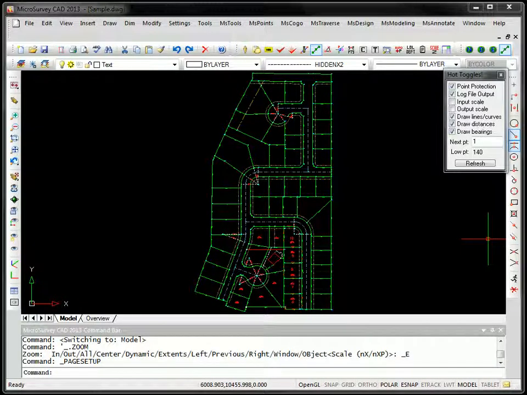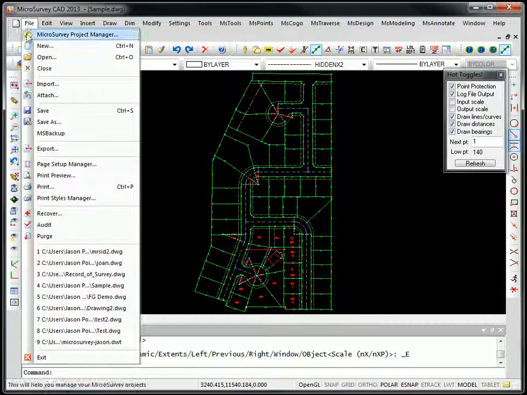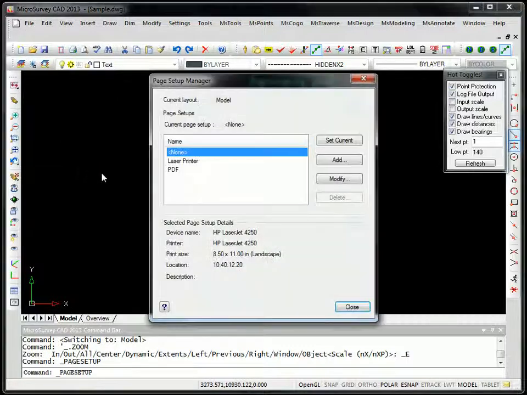For managing your printer settings, there's a new page setup routine that's available, and this is going to be similar to AutoCAD. You can get to it by clicking this icon here or going to your file menu and simply choosing Page Setup Manager. And essentially what it allows you to do is save, you can consider it to be a profile of different printer settings that you might be using, different sheet sizes, and just general settings that you